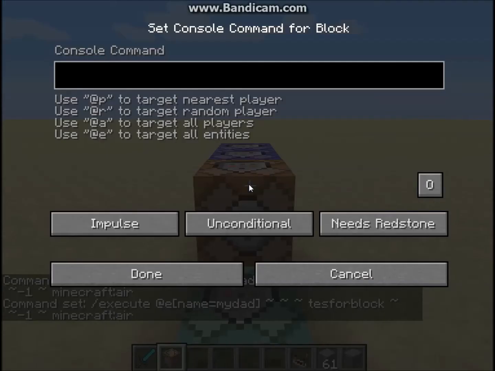Okay, so once we test for air underneath the armor stand, which is on top of the block, so every time you break the stone block, we are going to /execute at E. Yeah. Actually, let's do at R. No, at E. Definitely at E. No. At P, my bad. Sorry, guys. So at your nearest player, so we're going to